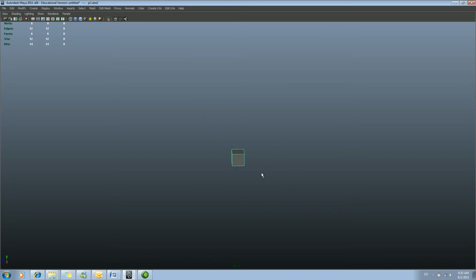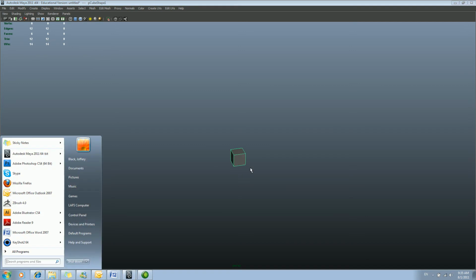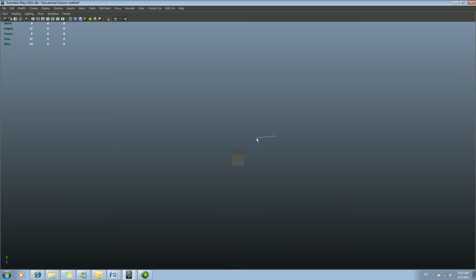If I have nothing selected in space, it's a different marking menu. It's a creation marking menu. Hold shift, right click. Cylinder. Create polygon tool. Polysphere. I made all these things